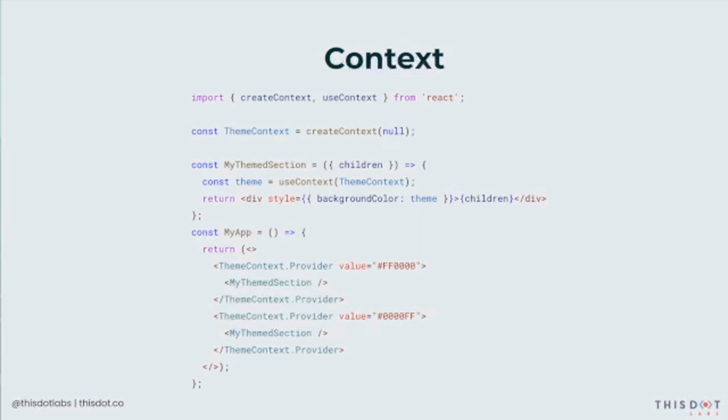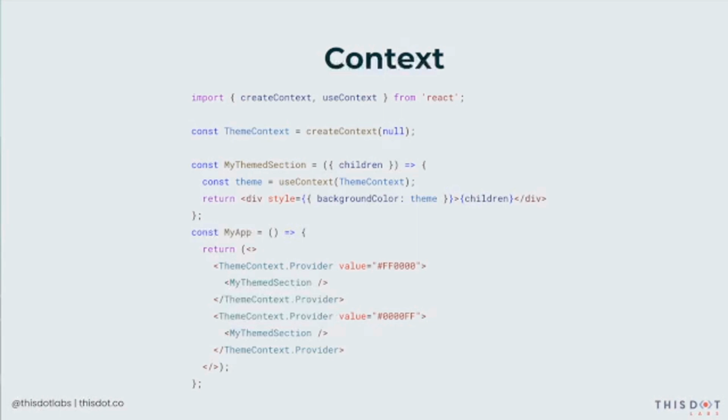And we can create a themed section component. So that's going to use the context, and it's going to render whatever children are being passed in a div which has a background color. So then if we look at our My App at the bottom, we